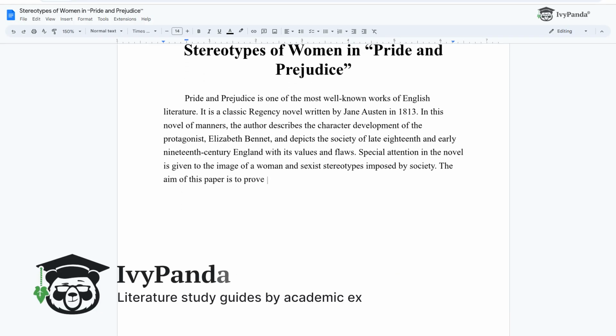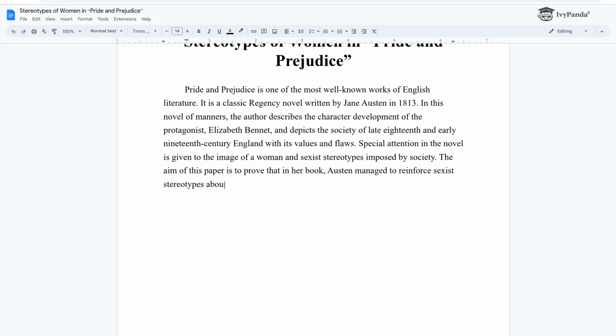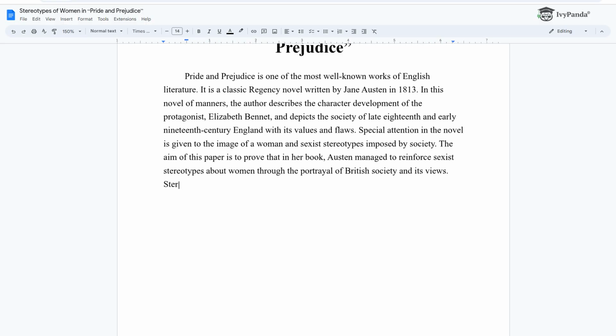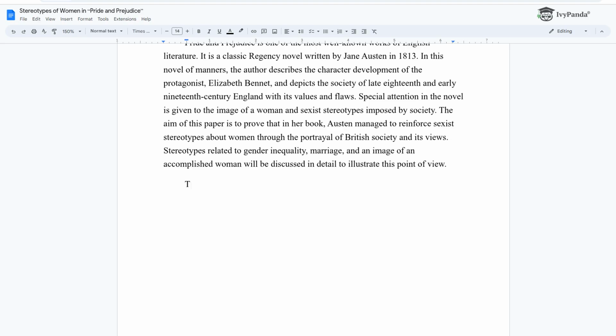The aim of this paper is to prove that in her book, Austen managed to reinforce sexist stereotypes about women through the portrayal of British society and its views. Stereotypes related to gender inequality, marriage, and an image of an accomplished woman will be discussed in detail to illustrate this point of view. The first stereotype about women that the author proves is that female characters are less powerful